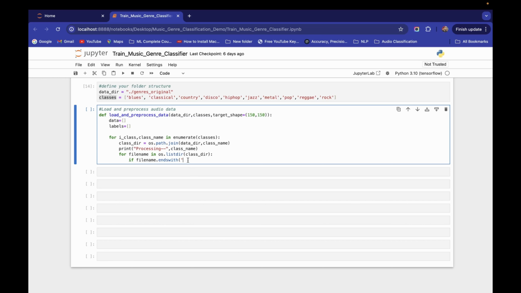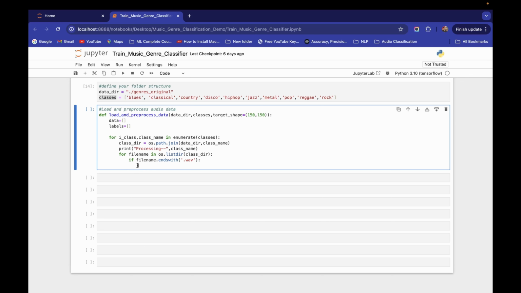That's why I am writing here that if the file ends with the wave extension, then only apply this computation. Now I have to create the file path.